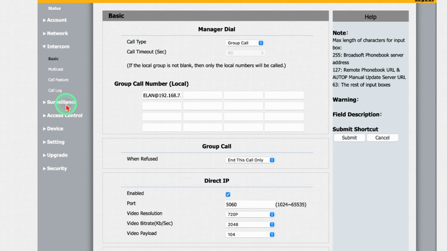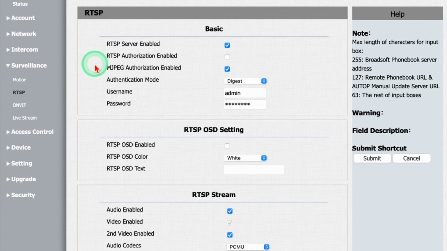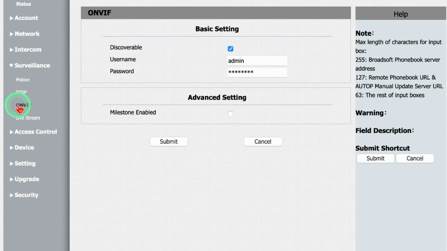Let's take a look at the camera settings. We can pull in an RTSP stream to ELAN if you wish, but I'm going to use OnViv in this video. In the link below this video is some documentation with the RTSP and OnViv URLs. So under OnViv, we're going to check that it's enabled. And again, in the real world, you'd want to change the password, but I'm going to leave it as admin